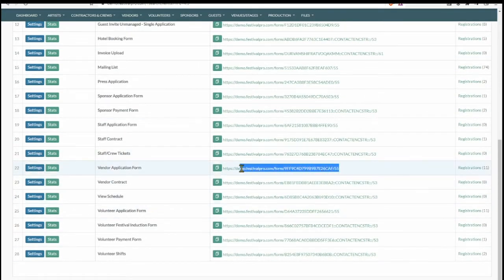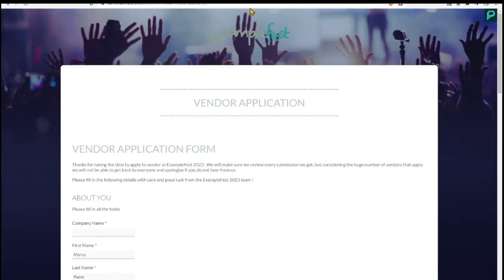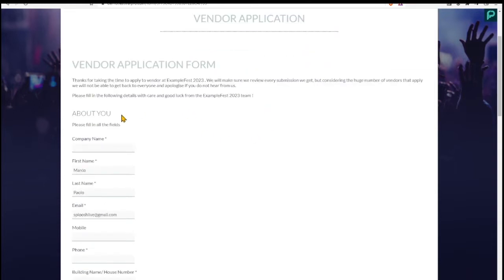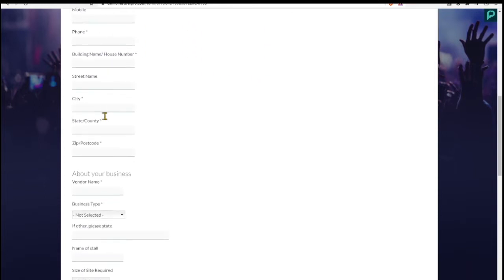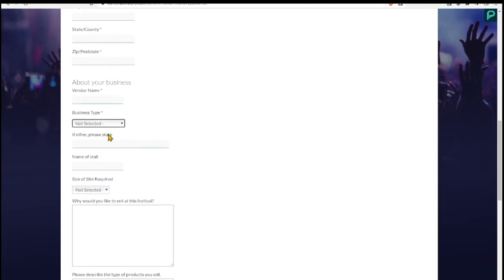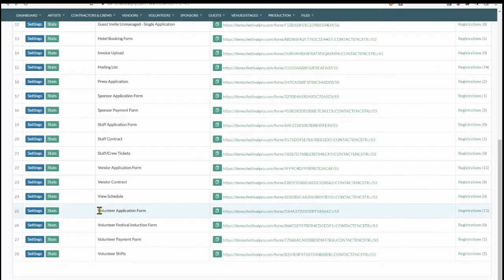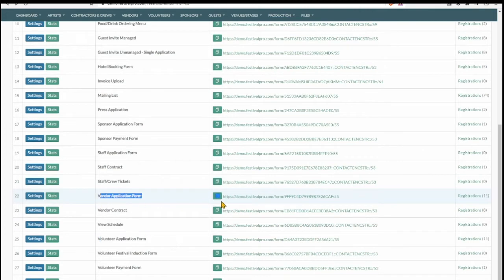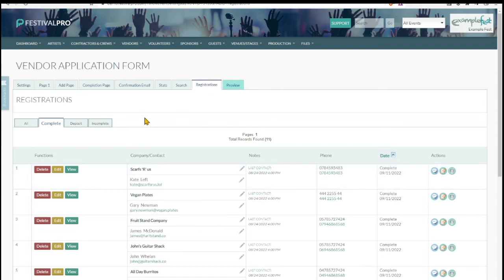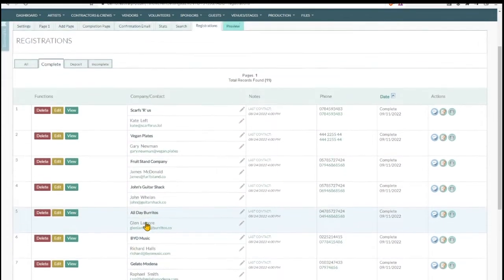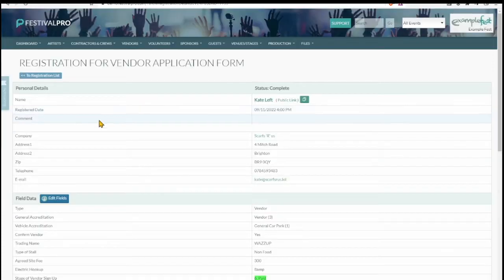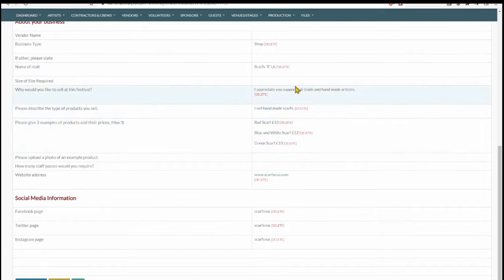And then you would put this URL here, vendor application form, sorry, this one here, and you can take this and put it on your website, link to this form, which will look a little something like this, obviously with your background and logo. And here we can see all of those fields we just saw on the back end for the vendor to fill in. Anyone who does fill in your vendor application form will come into the registrations over here on the right in this tab, and in here we can see everybody that is within the platform. We can view their application and see what they were bringing to the table,